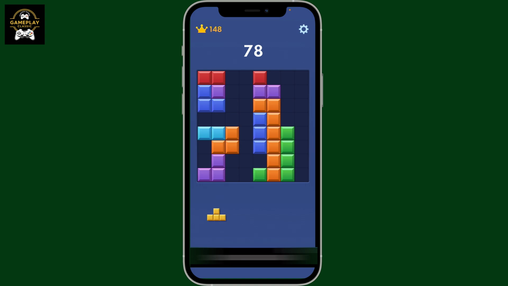In this video, we will be learning how to share Block Blast link with friends. To share your Block Blast game link with friends, first of all, open up your Block Blast application on your mobile device. Once you have the app open, go ahead and tap on the gear button at the top right